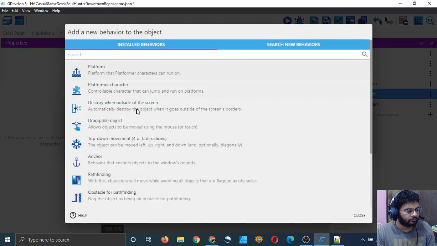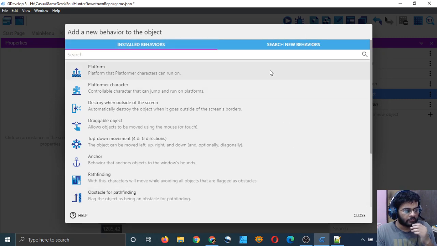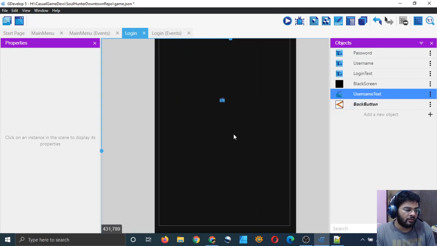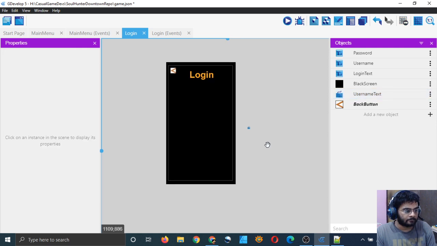Behaviors, not helpful. I'll just apply it, and if I drag it in here, okay, I can see this. Now this has gotten a little bit difficult, but we have to do it anyway. I mean, text input object is invisible, so okay, never mind.